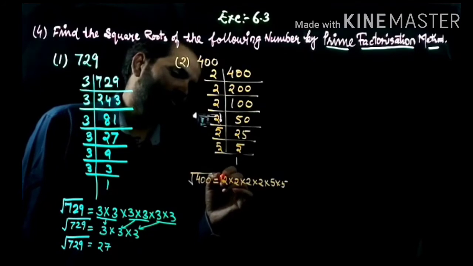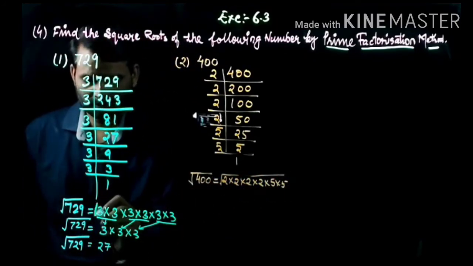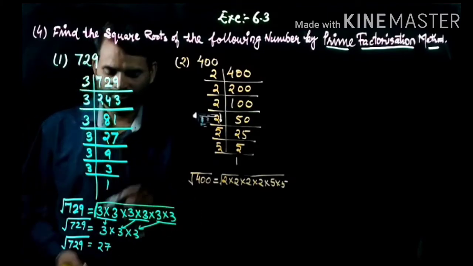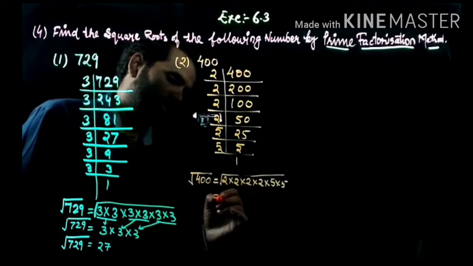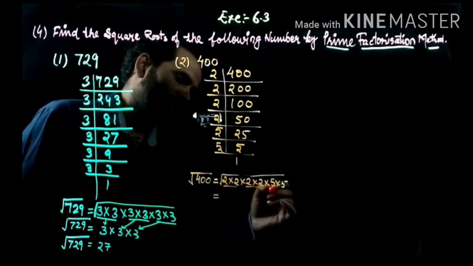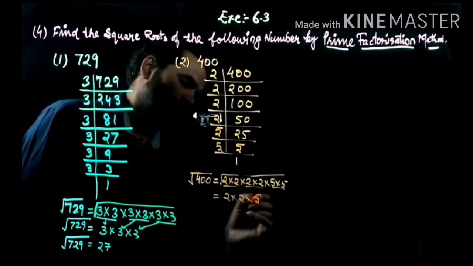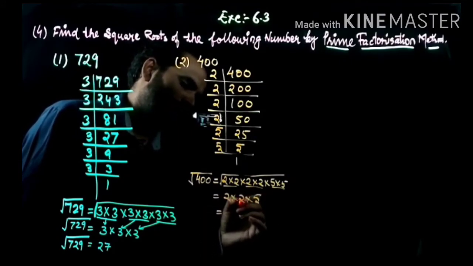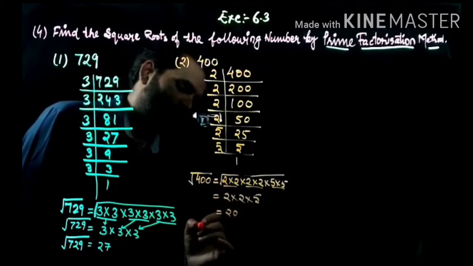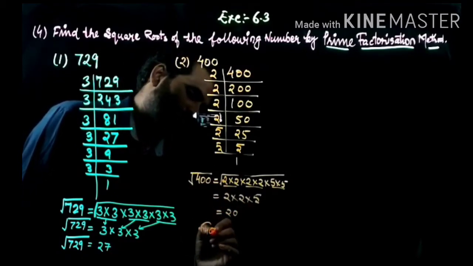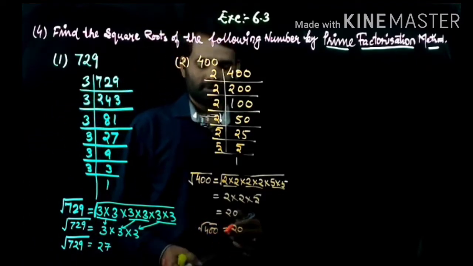Inside of the square root you choose the pairs, then one pair, second pair, third pair, means 2 multiply 2 and 5, that is 2 2s are 4, 4 5s are 20. So the square root of 400 is equal to 20. Okay,